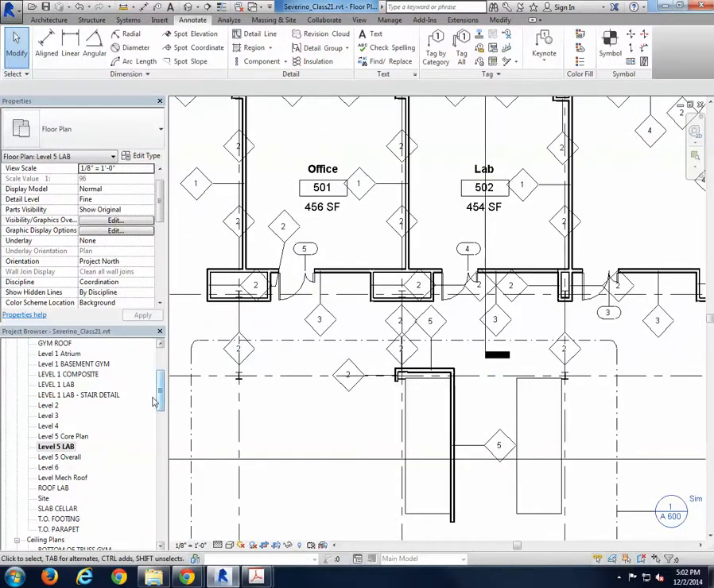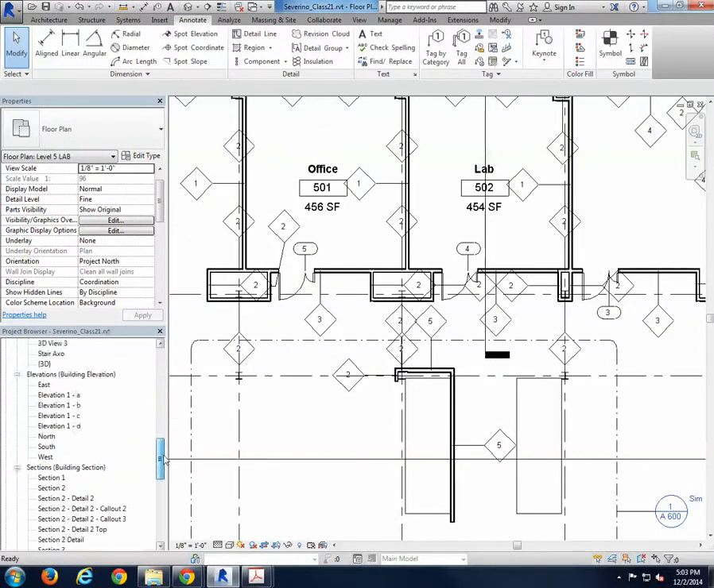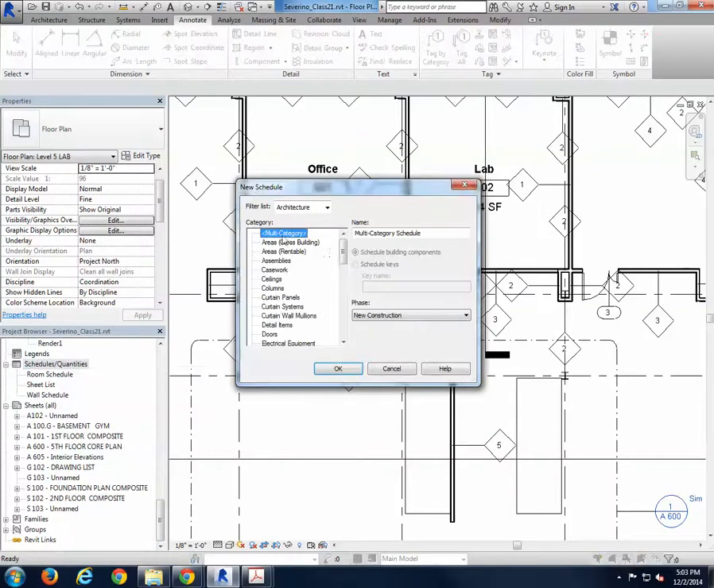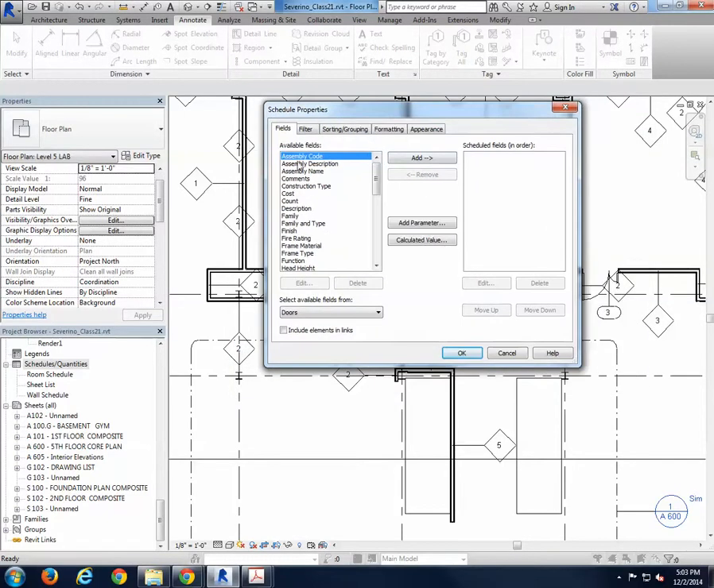And let's do another schedule for doors. It's very similar to other schedules that we have done at this point. You right click on schedule, new schedule, you select doors, say OK, and here you just add things that you really need, like mark,